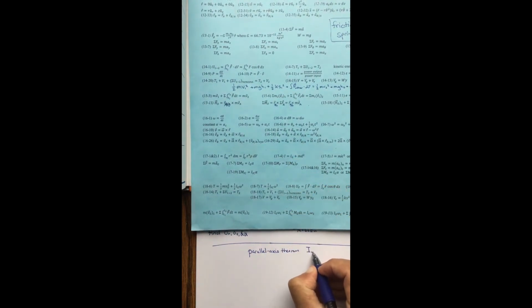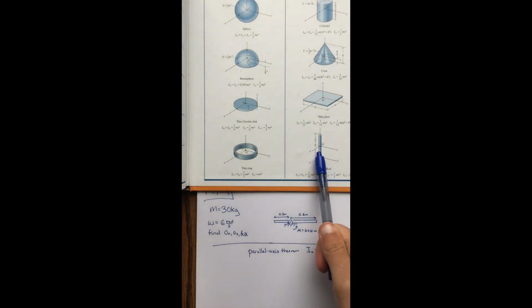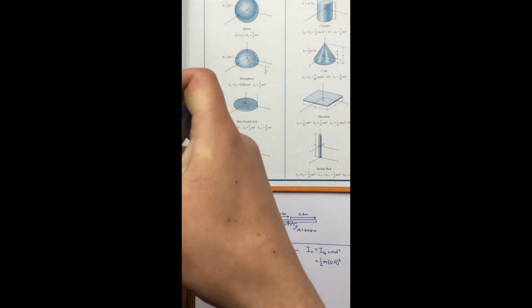So the moment of inertia about point O is equal to the moment of inertia about the mass center plus m times d squared, where d is the distance between the axis that passes through the mass center and the axis that passes through point O. The moment of inertia about an axis passing through the mass center for the slender rod is 1/12 times m L squared, where L, you can see from the picture, is the length of the rod. So this is 1/12 times the mass of the rod times the length, which you can see from our diagram is 0.9. So this is the moment of inertia about the mass center. And then